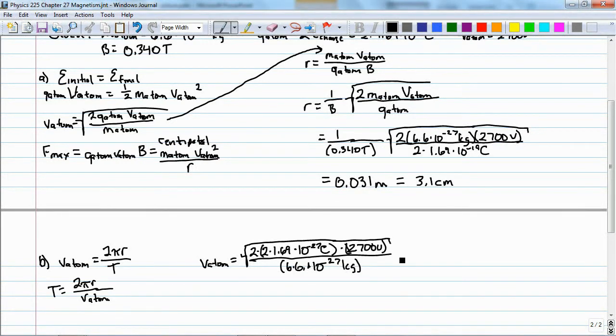Make sure we take the square root of everything, and we get a velocity of 5.117 times 10 to the 5th meters per second. And if we put that back into our formula, 2 pi times 0.031 meters over 5.117 times 10 to the 5th meters per second,